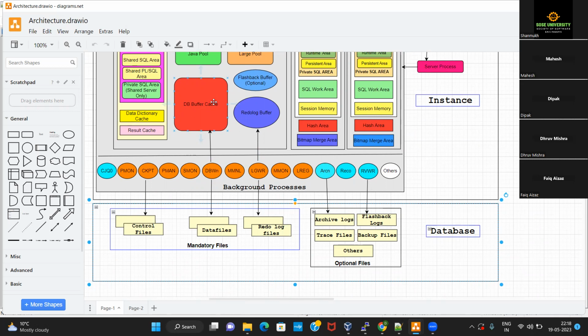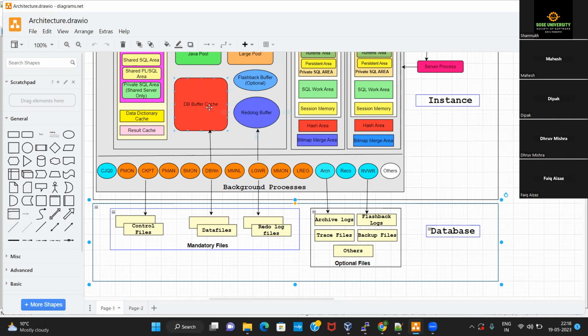So if they are generated due to a DML or DDL statement, that means for those DML and DDL statements, a corresponding redo entry must have been generated in the redo log buffer, right? Right.